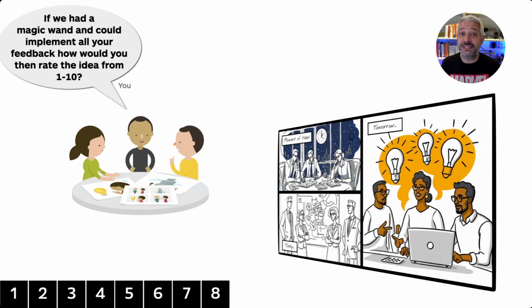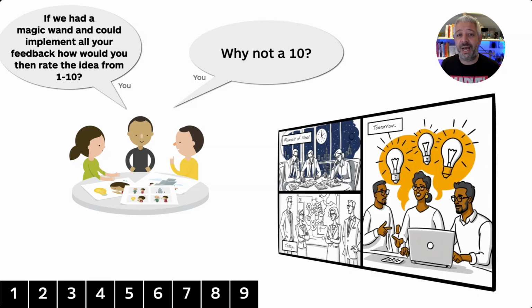And you would expect them to say 10 because they just basically polished it and made it perfect. But typically they don't. And they might say 8. So the $1 million question, the one that really gets to the truth, is the next one. Why not a 10? See, now they're not criticizing your idea anymore. They're criticizing their contribution to your idea. So in this question, you'll get an explosion usually of, it's not a 10 because of this reason, that reason,